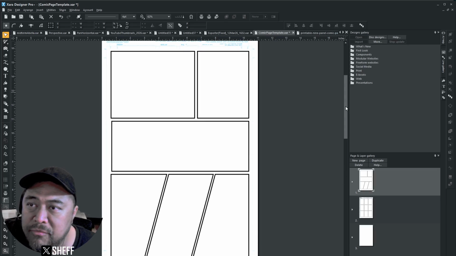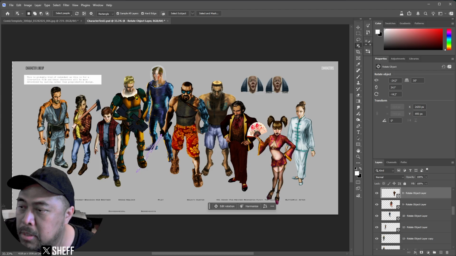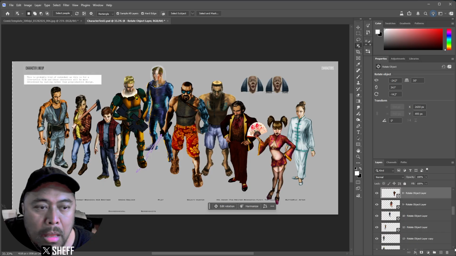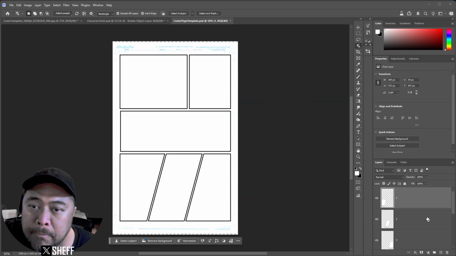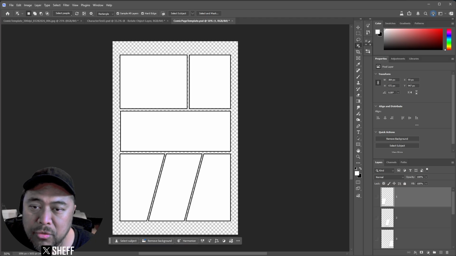Alright, so I have created this page that I exported to Photoshop. I have my characters open here. I'm going to open up that page and see how it came out. Now, the thing to notice is each panel is on its own layer. So if I turn them all off,